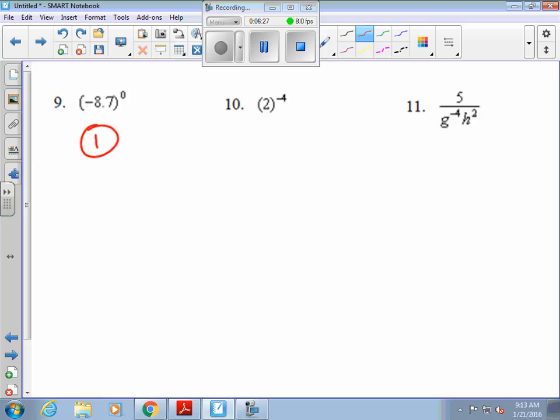Number 10, 2 to the negative exponent. Anytime you have a negative exponent, remember the elevator rule applies. If there's a fraction, move it to the other part of the fraction that's not in. If it's at the top, move it to the bottom. Bottom, move it to the top. If there's no fraction, create one by putting it over the only number you're allowed to put everything over without changing it, 1. 2 is being raised to the negative exponent, so it has to go down to the bottom